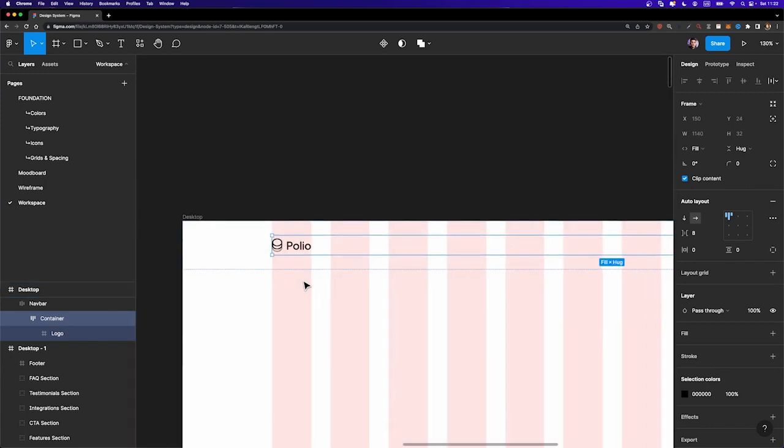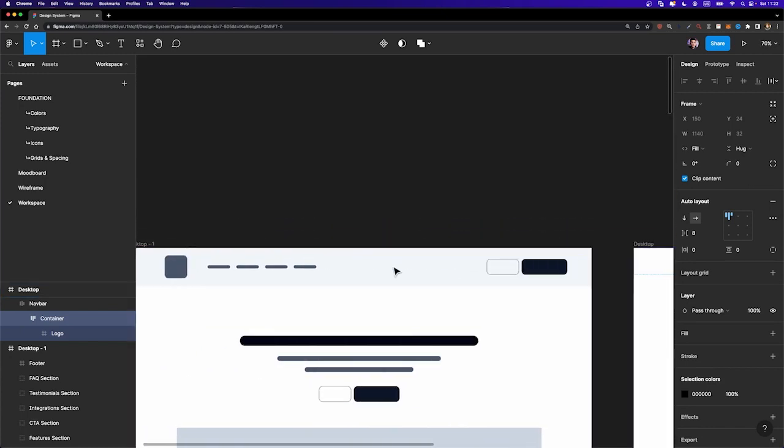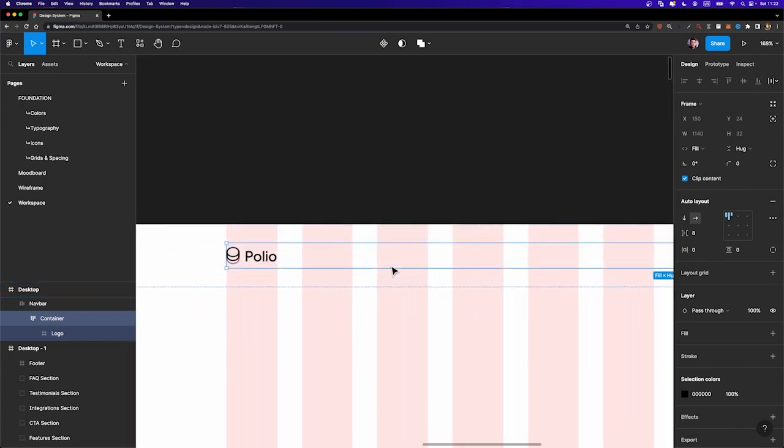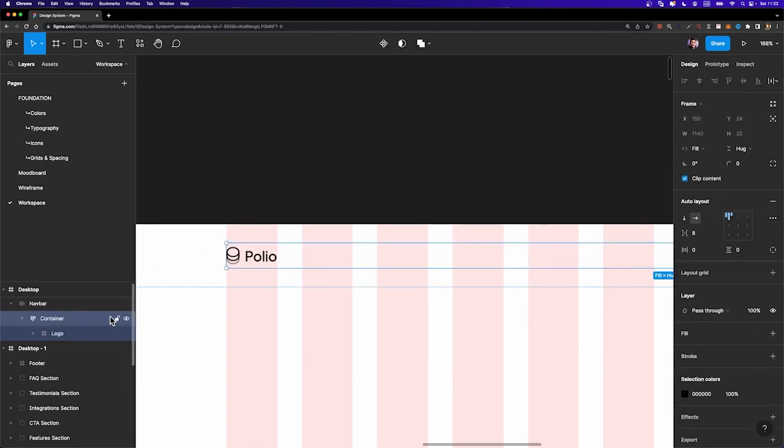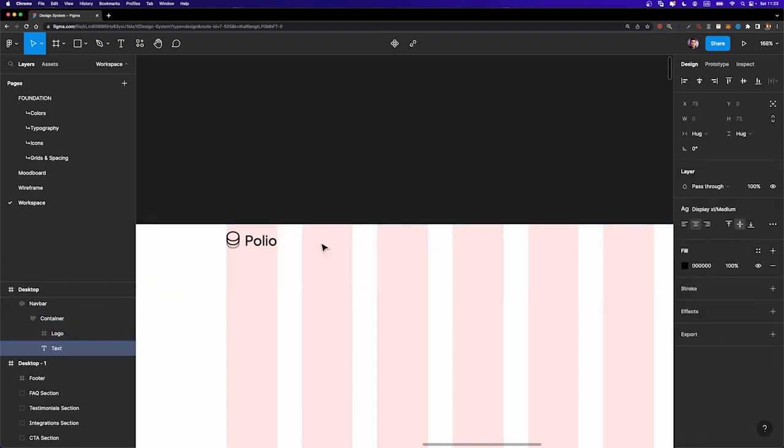Okay, what else do we need? Next, we need a few menu items, so let's start creating them. I'm going to hit T on my keyboard to select the text tool and left click somewhere inside our container. Everything moves, that's fine, because our container is hugging the content inside. When I create something inside, it tries to hug the content, but don't worry about it, it will be fixed. And here I'm going to start typing home, which is our first link,